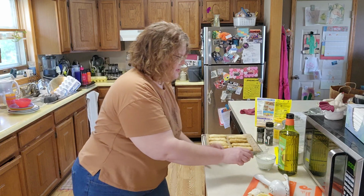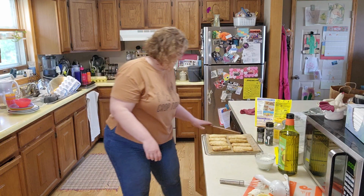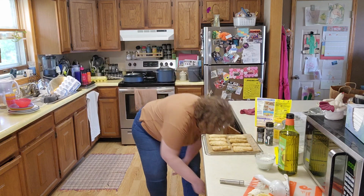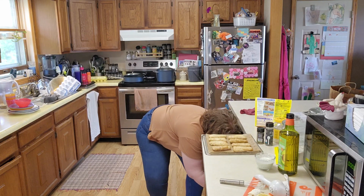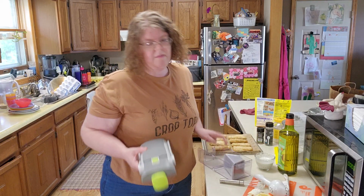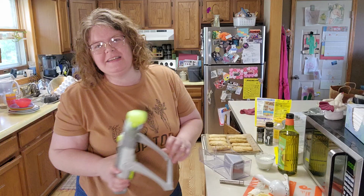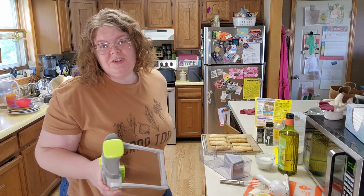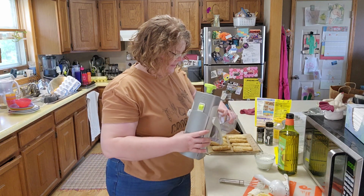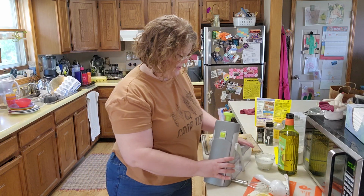I'll show it to you in case you don't know what it is. A lot of you have it, I'm sure, because it has been a popular thing. It's a must-have for all of your summer cooking, especially if you have a garden, because if you're having sliced tomato or what are those things called? Cucumbers. Or if you have a mountain of zucchini that you need to shred, this is the thing to use, okay? But when you are using it, and pop it together like this,